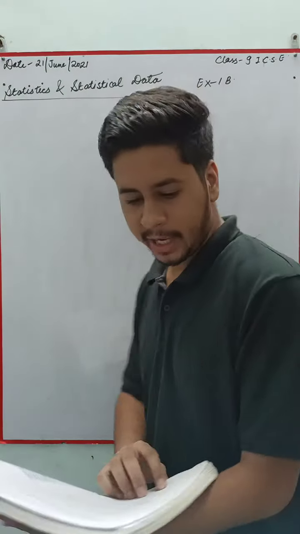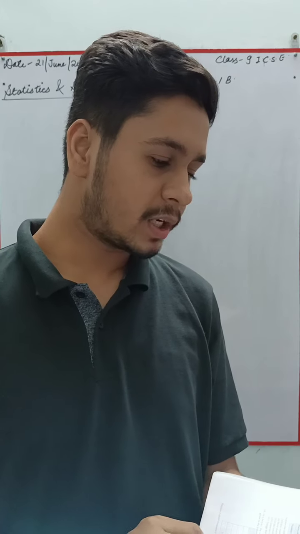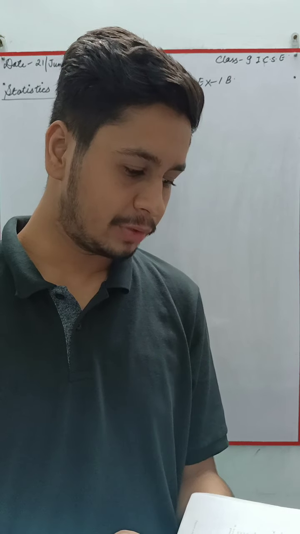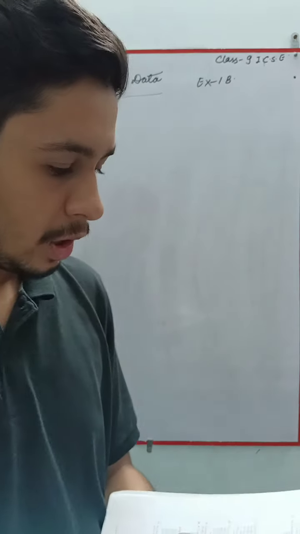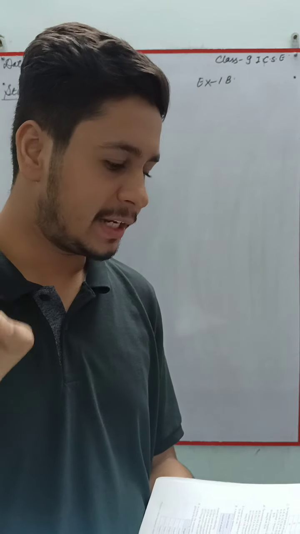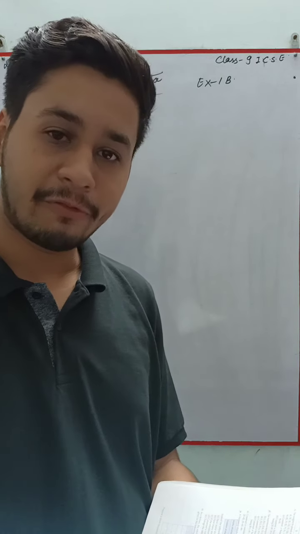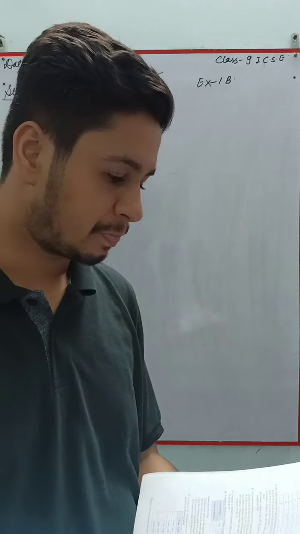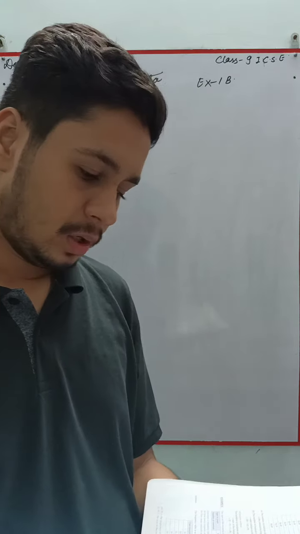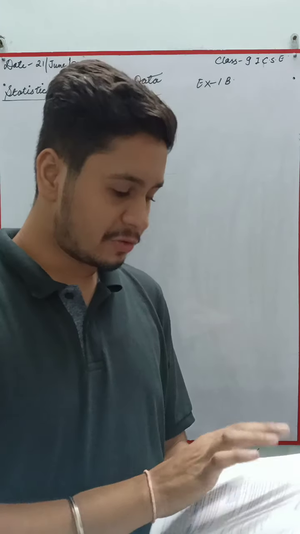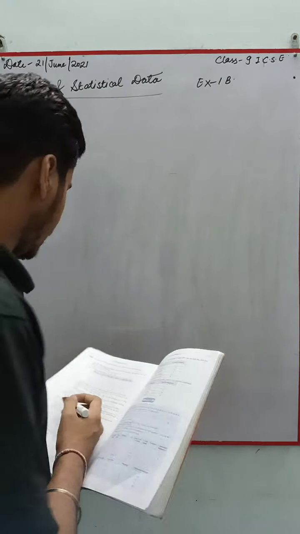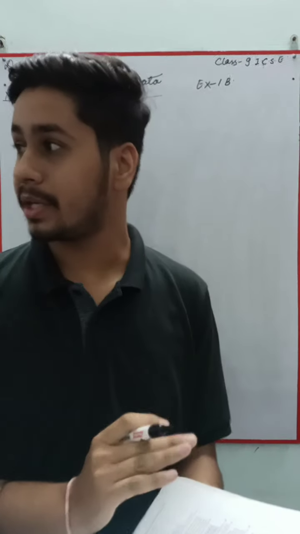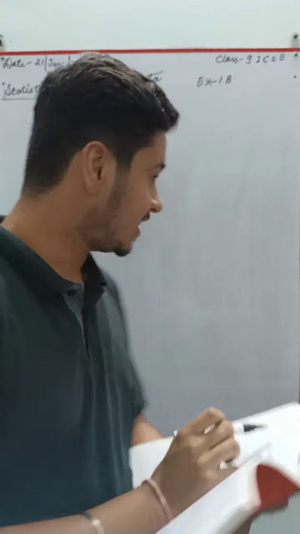Dear students, question number 9: using tally marks, construct a frequency table and cumulative frequency table for the following unclassified distribution. You are given certain data, and with that you need to construct a frequency table and also a cumulative frequency. Such questions we have done previously, where first we need to see how many numbers there are. We can do this using tally marks. First we need to check our question carefully.